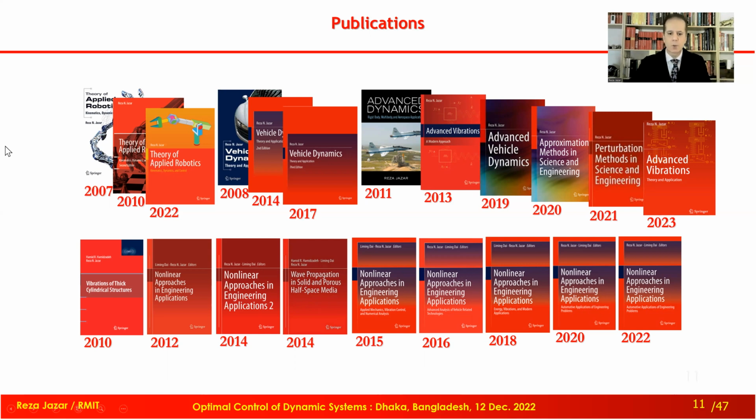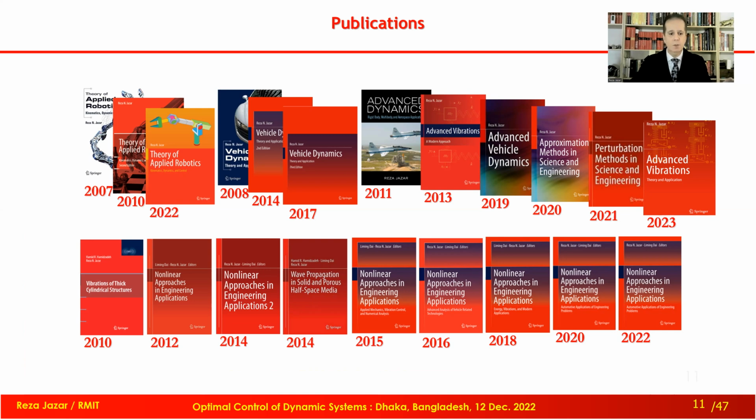The top are those books that I published by myself as single author. The bottom are books that I was collaborating with other authors, like Professor Liming Dai from University of Calgary, and other people whose names you can see on the book. Anyway, my advanced dynamics is coming out probably before end of December or before end of January in 2023.